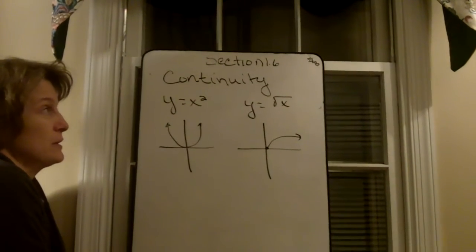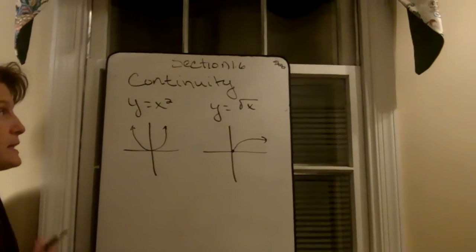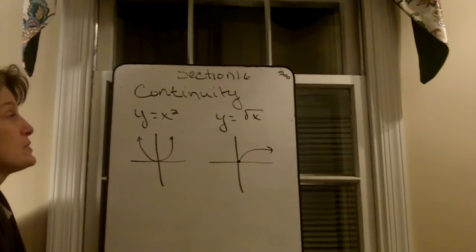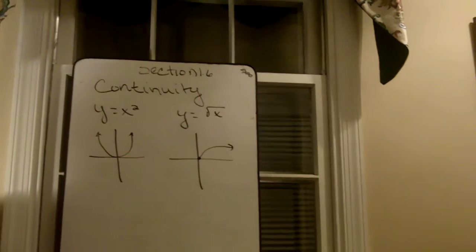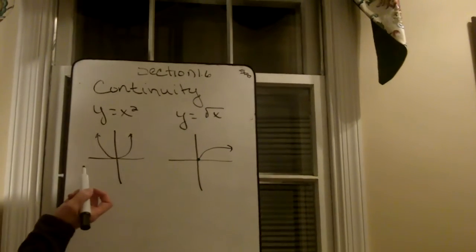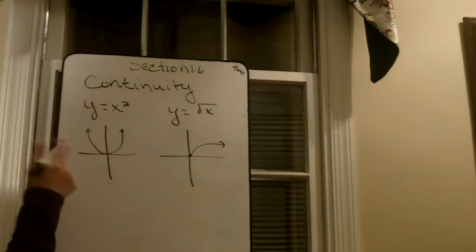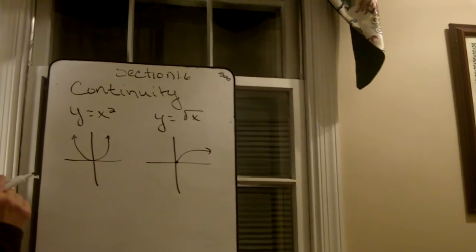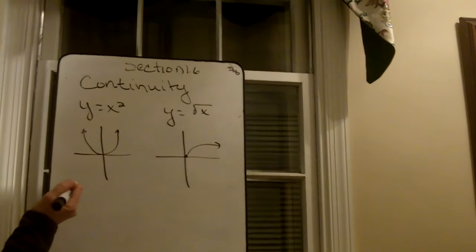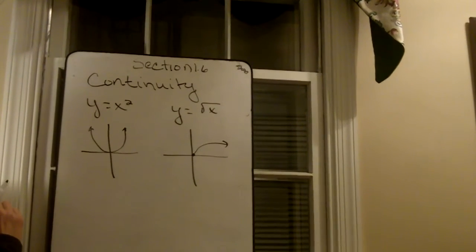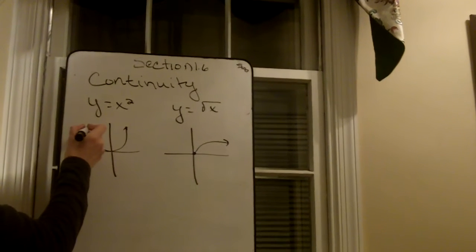The next section, section 1.6, which is the last section in chapter 1, is on continuity. So the general idea of continuity is if you can draw the function without picking up your pen, then it will be continuous. So for example, the function y equals x squared is a parabola, and I can draw that